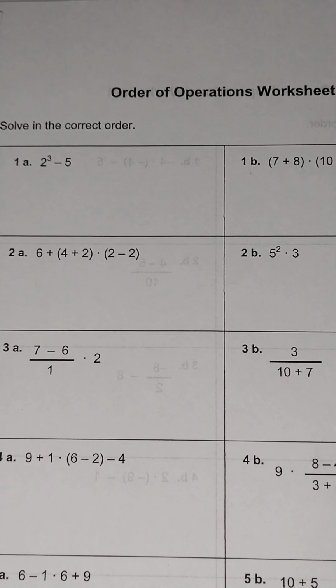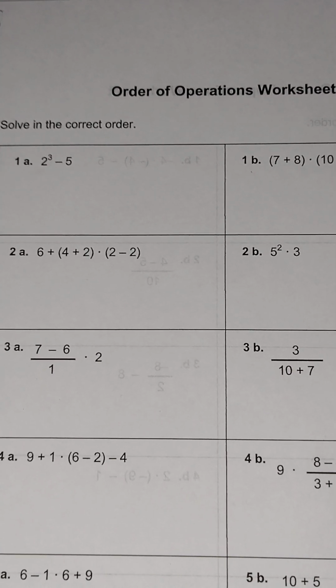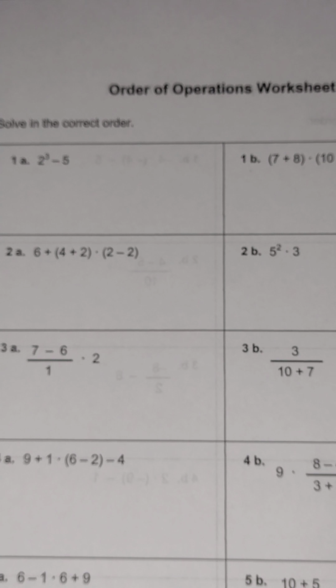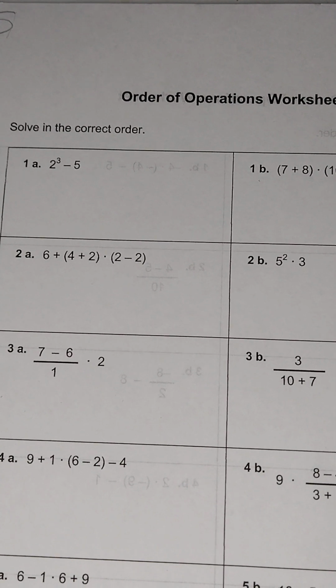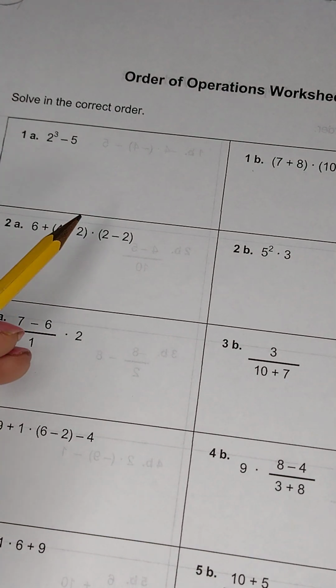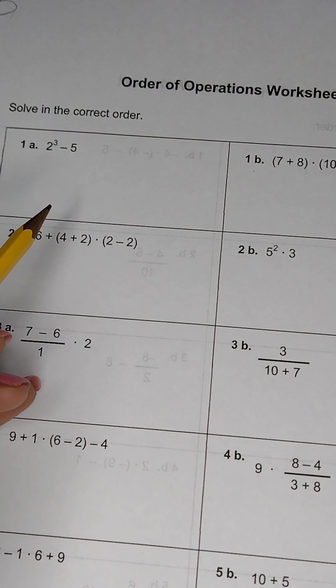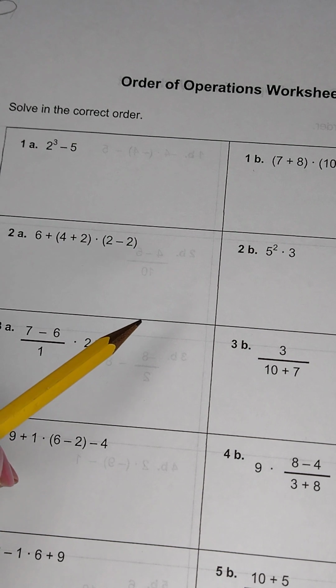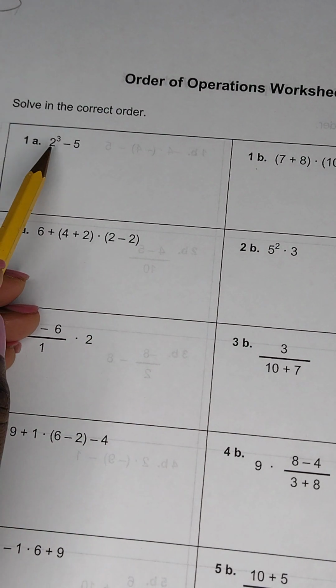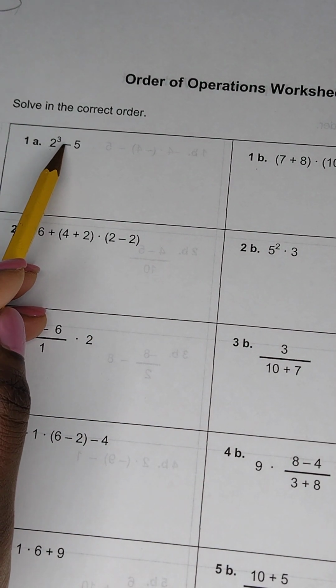We're back to solving BODMAS or BIDMAS. So we've done BODMAS 1, 2, 3, 4. Today is 5. So if you haven't watched the previous ones, please go back and watch them. It might help you. So right here we've got 2 to the power of 3